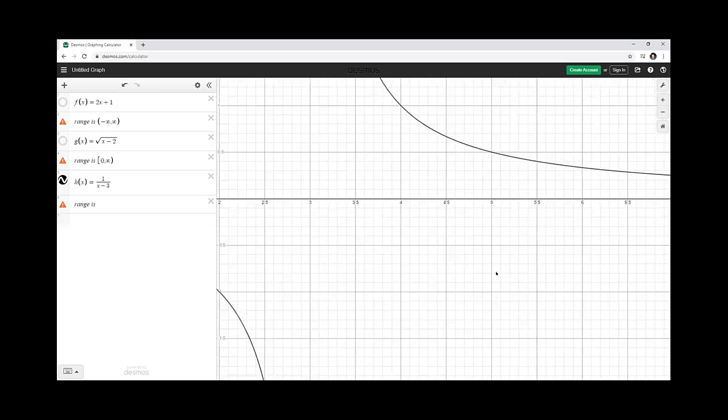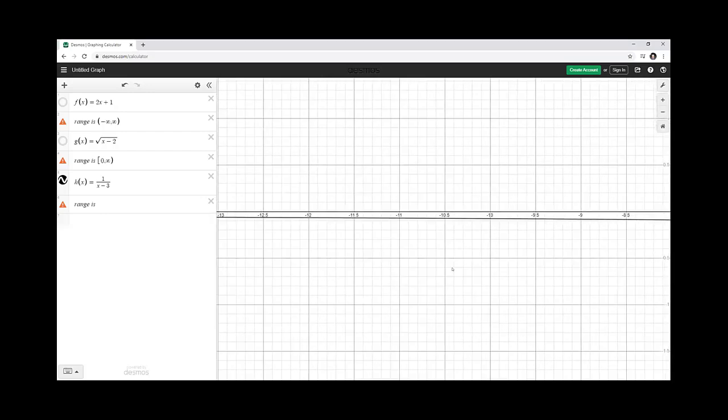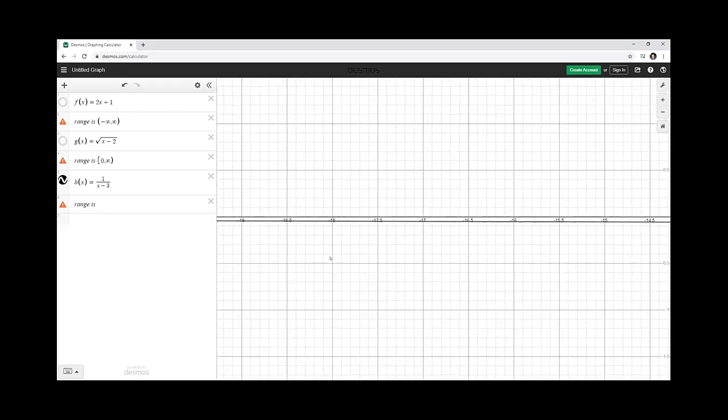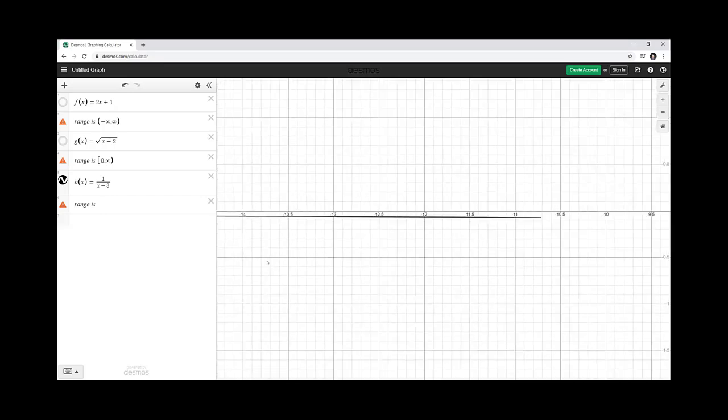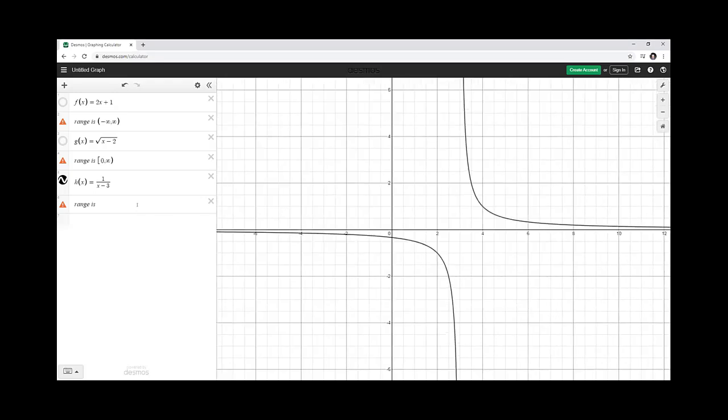Let me show you just so that you see it's not a fluke. Let's look at the other branch. And notice again, this function's never actually hitting the x-axis, meaning again that we're not getting an output of 0 for this function. Zoom out a little bit, go back to this. So what would our range be in this case? It would be everything except for the number 0. So how do we write that? So negative infinity to infinity, and again, notice I'm using the open brackets there. All right, and that is it for